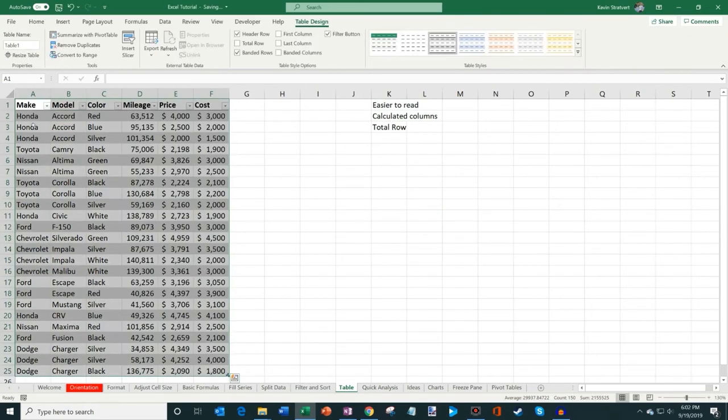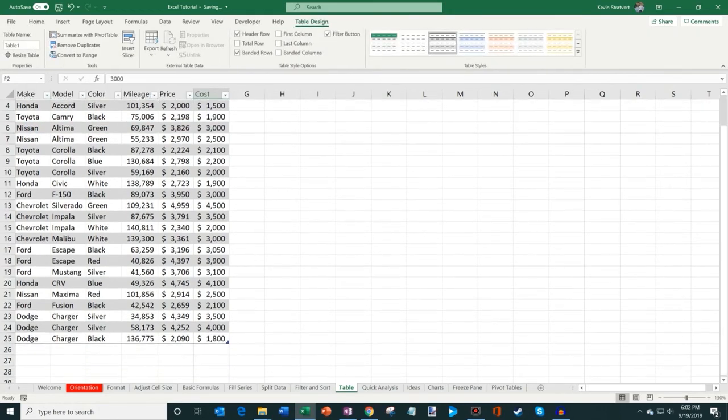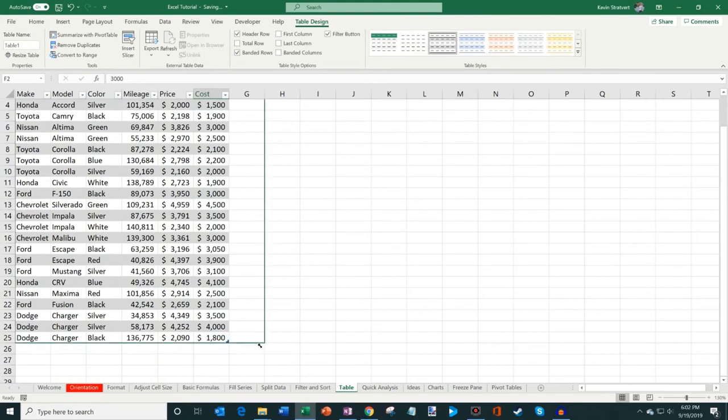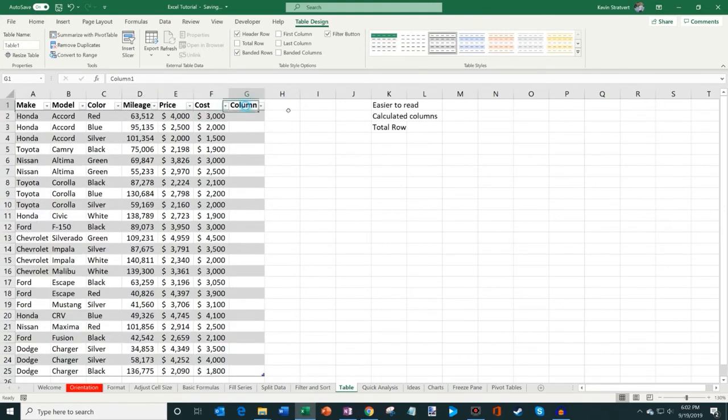So the benefit is that it's a little easier to read, where each row in the table has this color that's been applied to it, so it's easy to read across. What you can also do is, let's say that I expand. So here, if I click down here, I could expand my table by 1. And maybe I want to call this my margin column. And for the margin one, we did the formula earlier, but I'll take the price minus the cost,